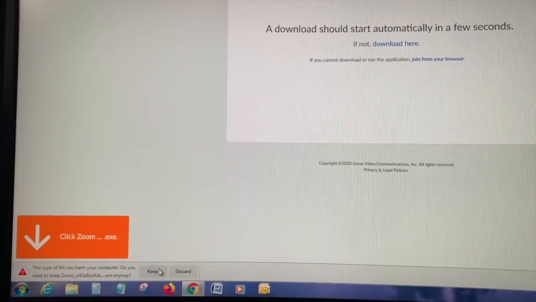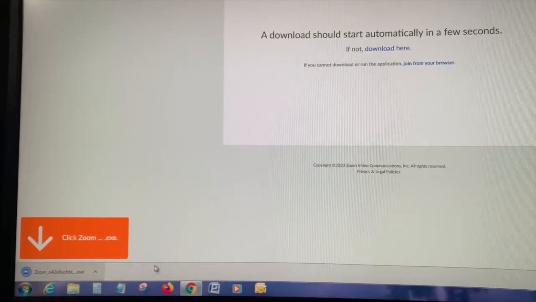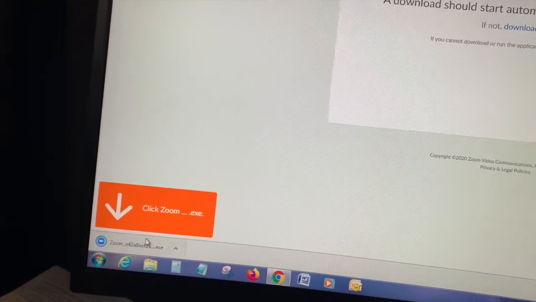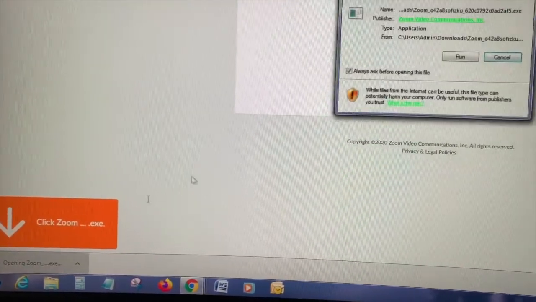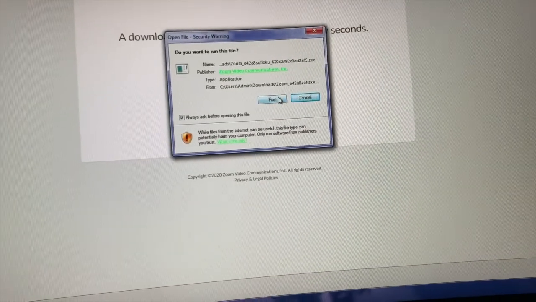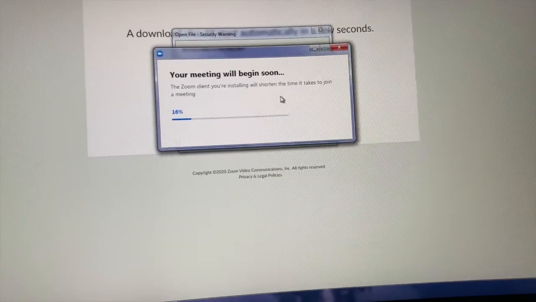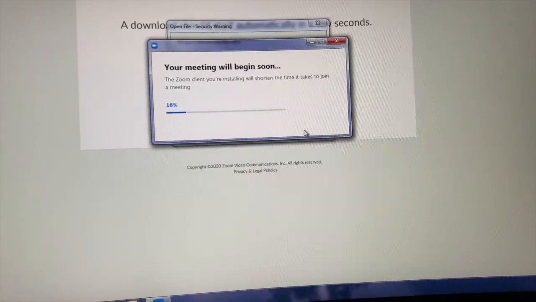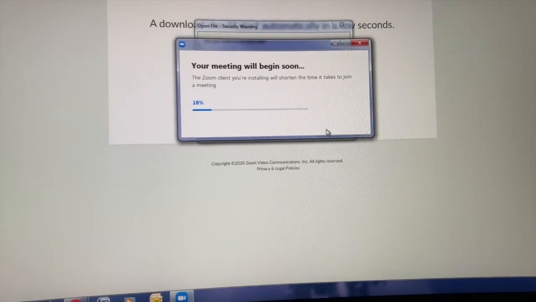As the interpreter, you would click on the file and say yes, and download it, and we're going to keep it because it is safe. We're just going to run it if this is the first time you're using it, and then a window will pop up saying that your meeting will begin soon. Once that is done,